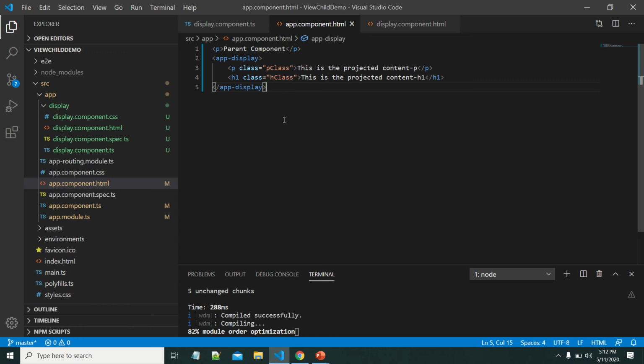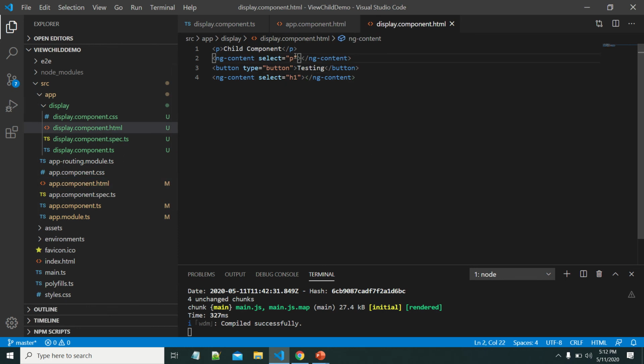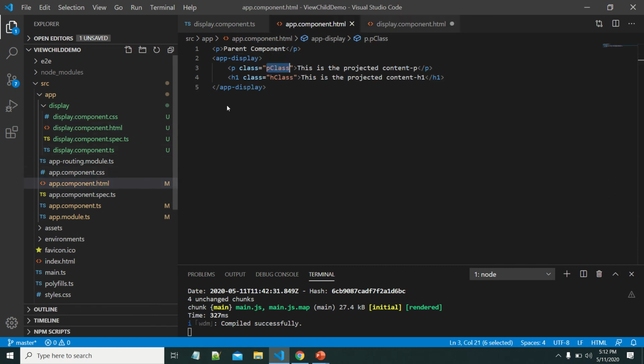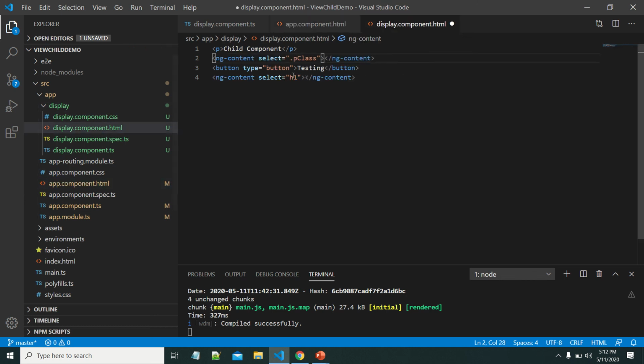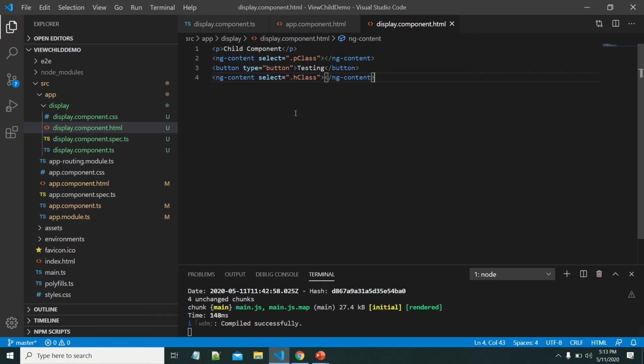If you want to project using the class selector, then you have to use dot p class, and for the second selector, the corresponding class. Yes, we can see the same output. This is the way we can use the selector for multiple places.